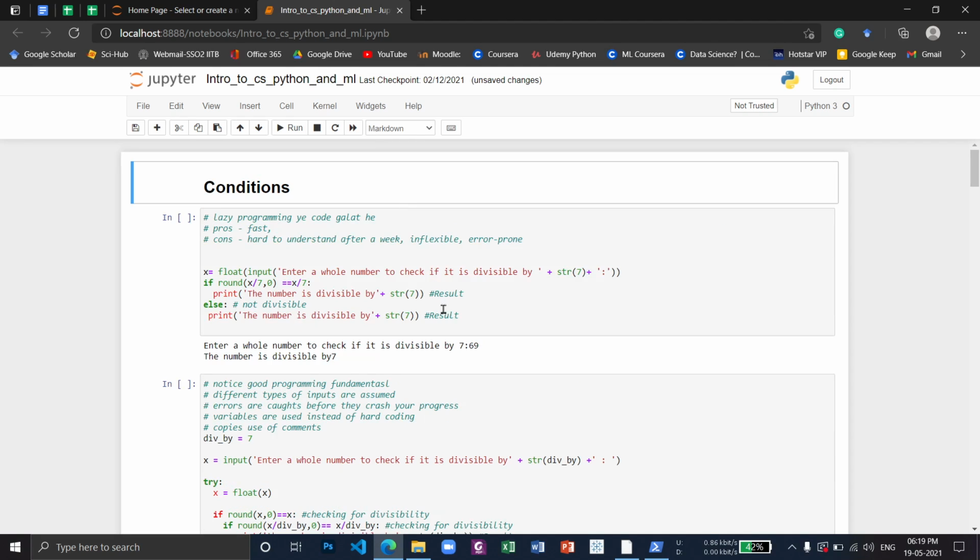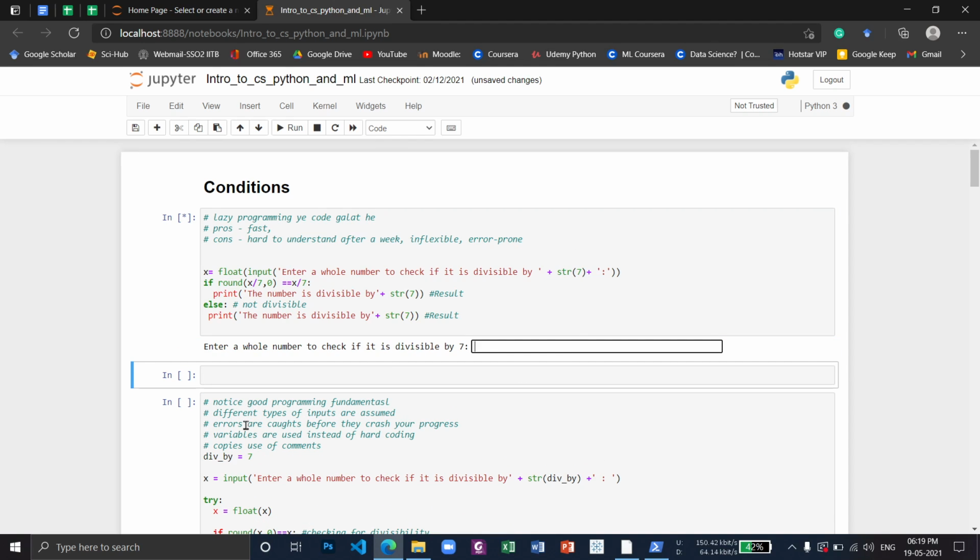If we want to convert a cell, suppose I add one empty cell here, and I want to convert this cell to markdown.